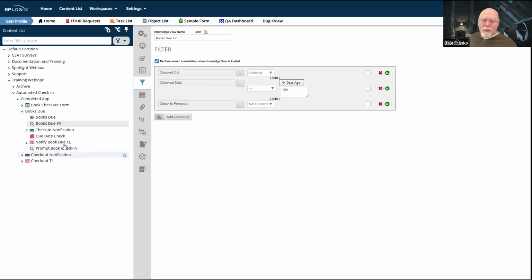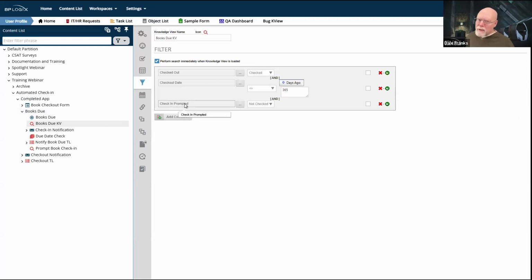So if I have 3 books that are ready, that need to be turned back in, this knowledge view will return those 3 books, and the Notify Book Due timeline will return the same 3 books as well. Now, that's not entirely fallacious reasoning. However,